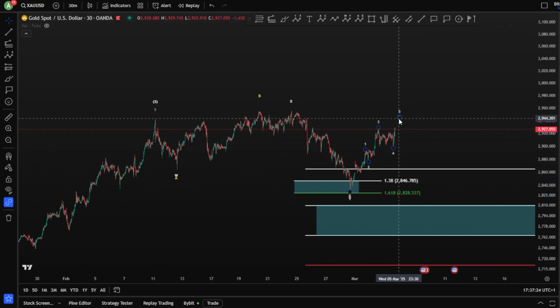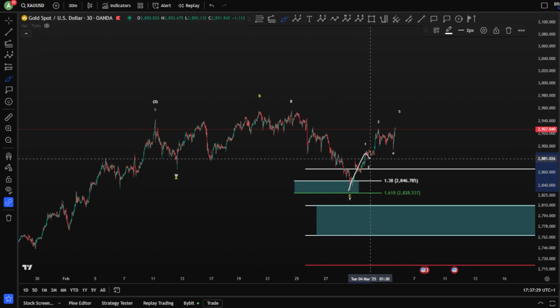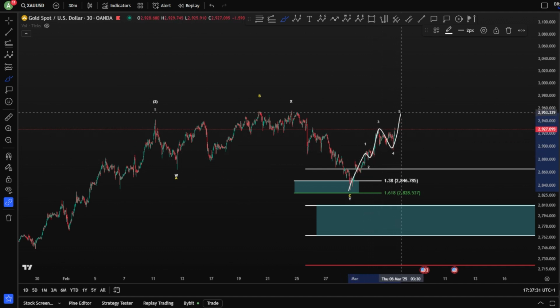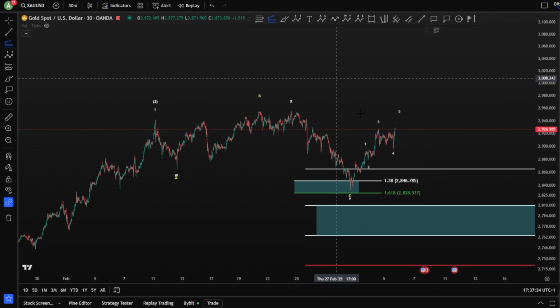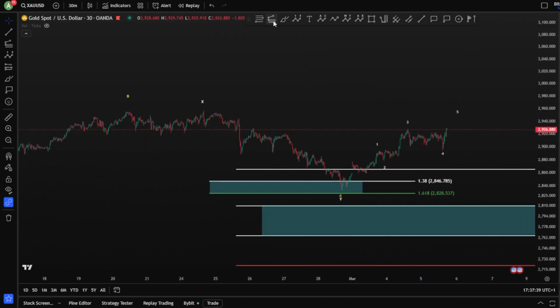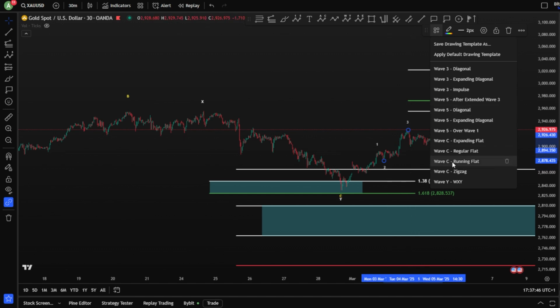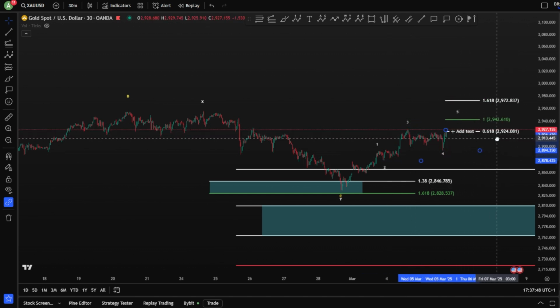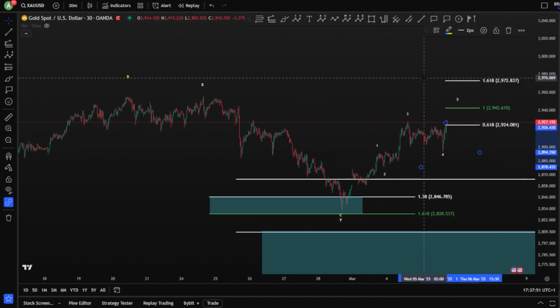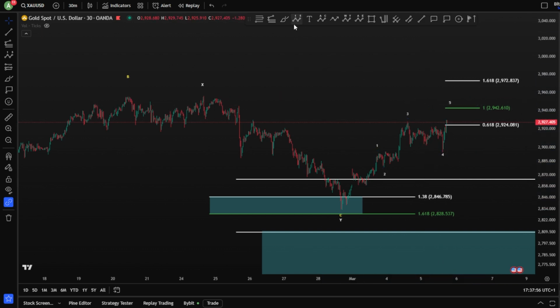Okay, this is an old analysis for the bullish confirmation. As you can see, we can count an impulse here, big 1, 2, and then 3, 4, and a 5. So this has a potential, but your wave 5 has to be shorter than your wave 3, guys. Meaning, if we reach a wave 5 longer than the 1-to-1 fib level here, longer than 2942, this is an invalidation for your impulse, because it is not allowed that your wave 5 is longer